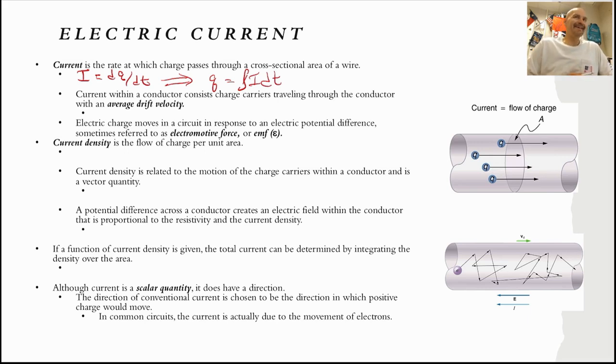Now, within that conductor, every charge carrier, i.e. the electrons, are going to have what we call an average drift velocity that is going to be related to the amount of current that flows. So we have another equation for current. Okay, and the main thing in this